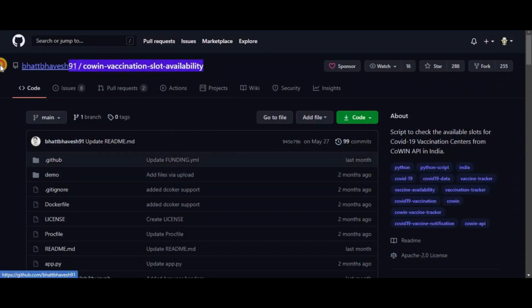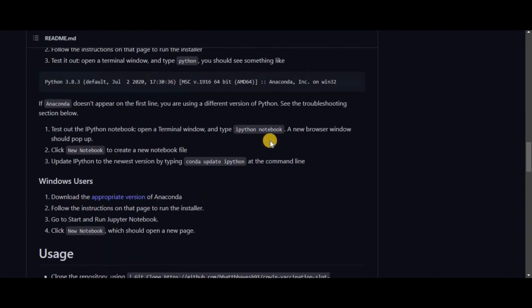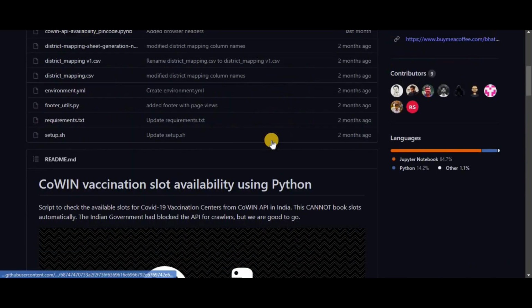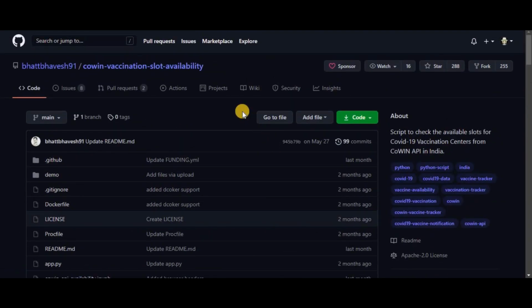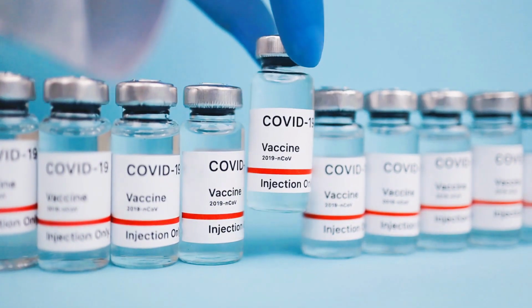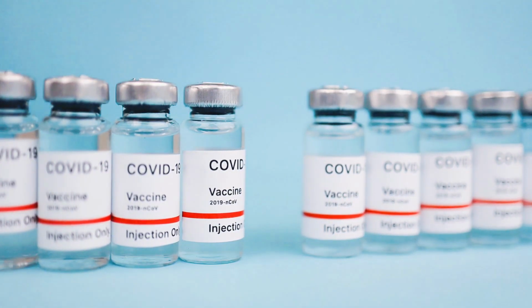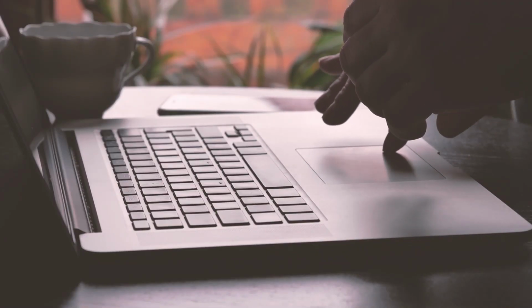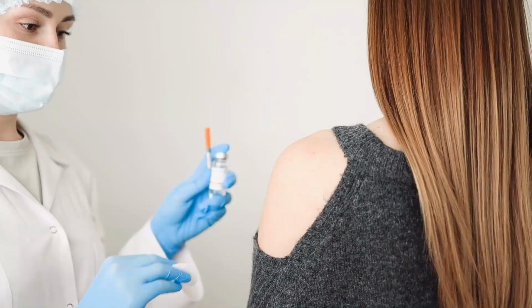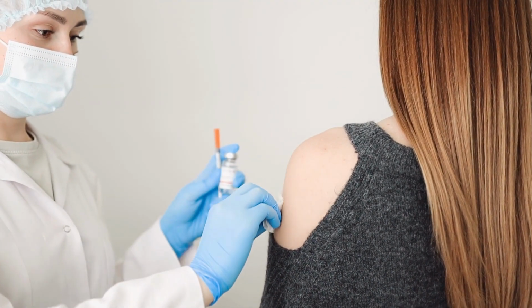Now comes the conclusion and an important message I wanted to convey to everyone. The first ever version of this script or a similar script was created by Bhavesh. The interesting point here is that I have created this script to tell you about the Kovan API, but Bhavesh had originally created it to solve a problem. The problem of not being able to find available vaccination slots for him and his family. Bhavesh used this script to get updated every time a new vaccination slot was available. This helped his family get vaccinated easily.